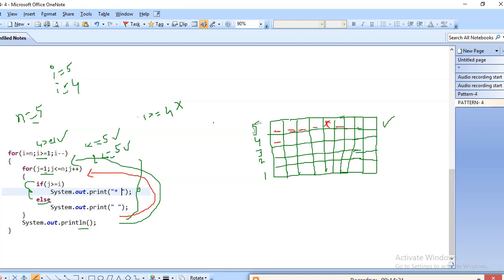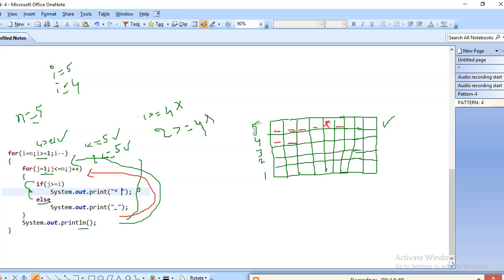Again check the condition, I value means how much? 4 now. 2 greater than or equal to 4, condition is false. If condition is false, it will go to the else part. Here in else part we have given some space, so here we can put some space, right?